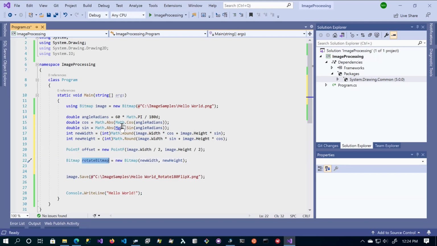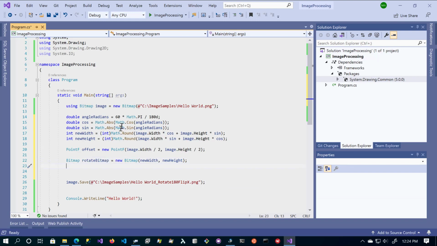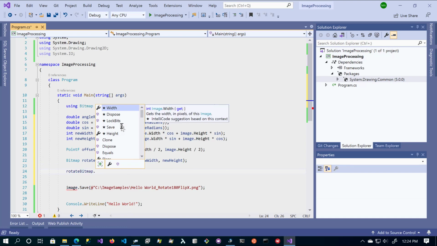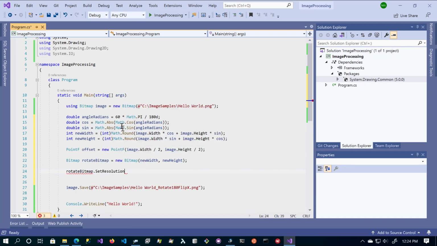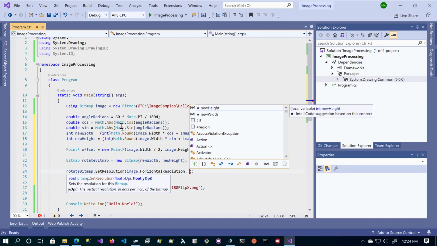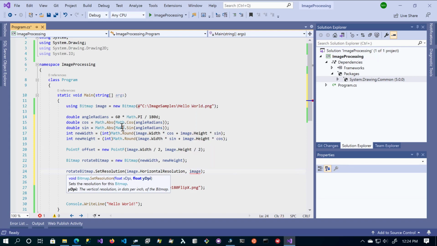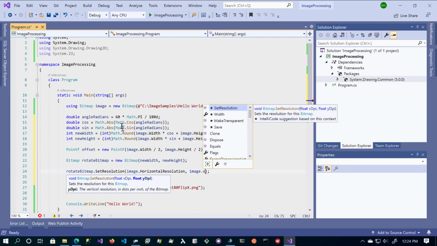And then we're going to actually set the same resolution as the original image, because the image should not lose its resolution. It shouldn't degrade, or we shouldn't enhance it either. So we'll just take the original resolution, horizontal and vertical,